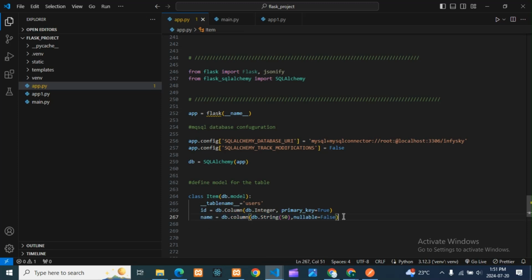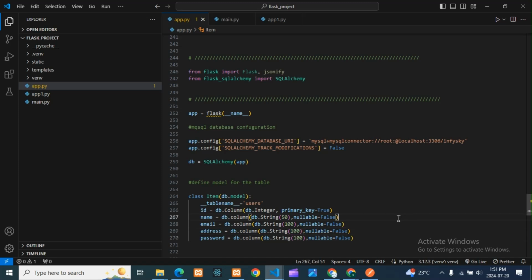Then I will copy this and just paste it, guys, because it will save my time. So here I'll take email, here I will take address, and here password will come. So id, name, email, address, and password. Here I'll keep String only, but I will change the length, guys. I'll keep 100 here. This also I'll keep at 100 because the address may be long, right? And password also.